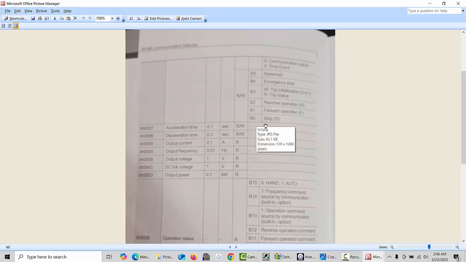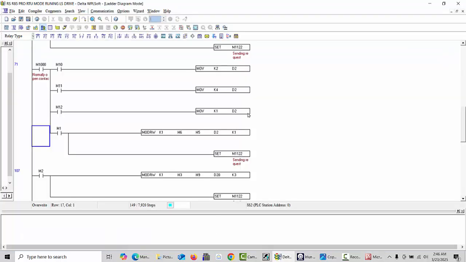So when we have to stop the VFD, we have to put the value 1. Here in the first bit we have to turn it on for the stop function. And if we want forward run, we have to put the value 2, because in binary, when you understand complete binary, this starts from 0 up to B6. This is the same as I showed you. This is 6 values. H5 we have to write in the D2. If we write the value 1, this is for our stop mode of the VFD. And if we write the value 4 in D2, that's the